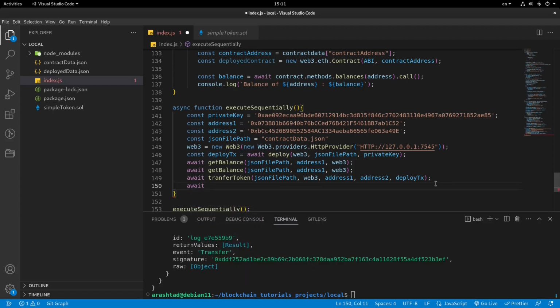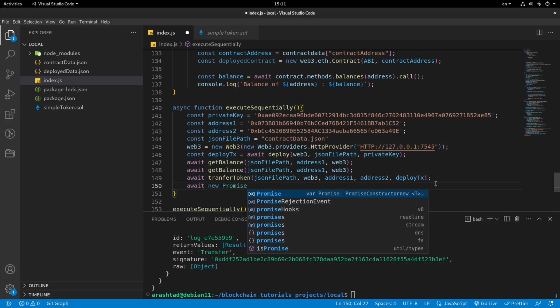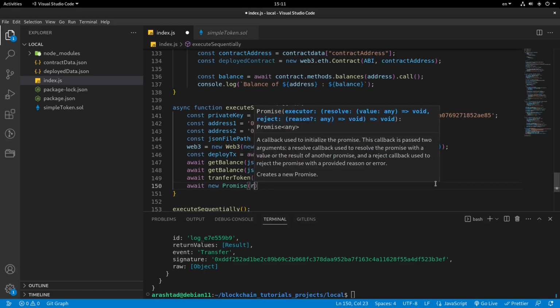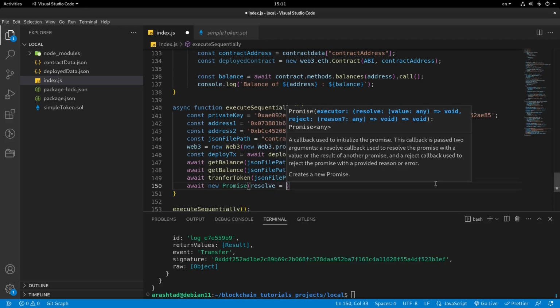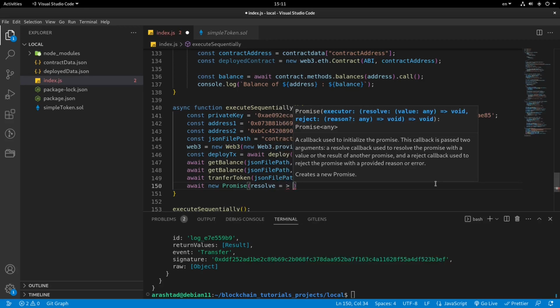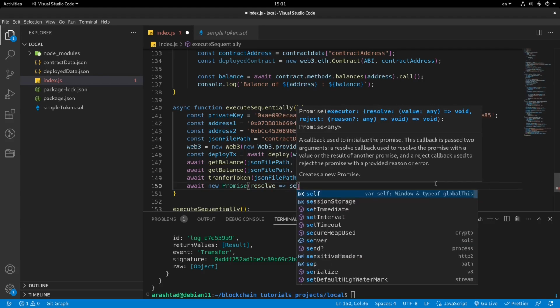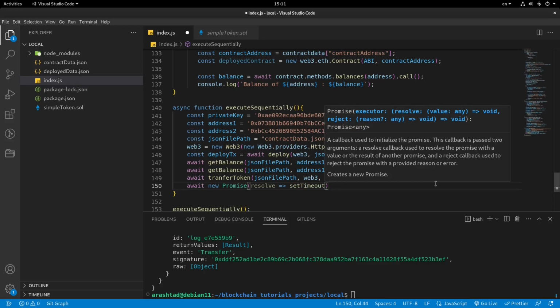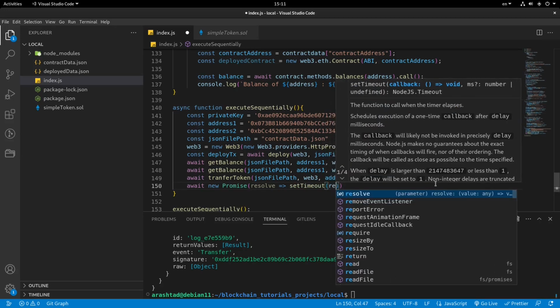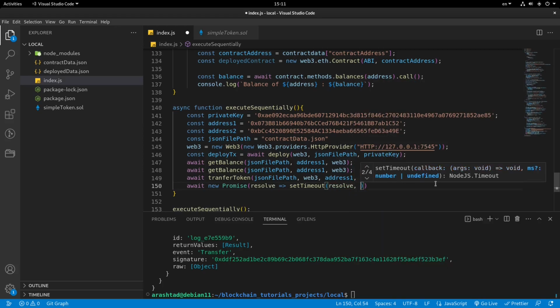So we'll have a new promise, and then we'll have resolve. So the result is like this. We set timeout like this, and for the resolve we will have 5,000 milliseconds, which is 5 seconds. So